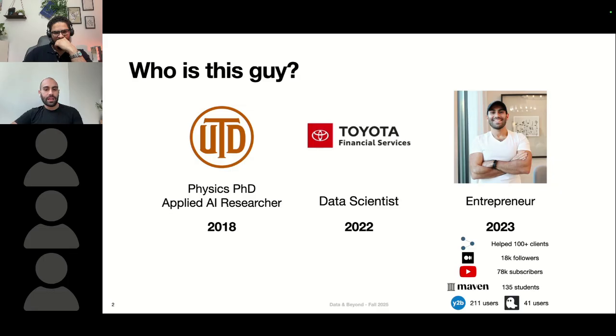For Y2B and Ghostwriter, I built both of these products in 30 days, built and launched them, and learned a lot in the whole process. I would give that advice to anyone interested in building a SaaS or AI products, especially as a solo founder: have a bias toward action and building. Don't just sit around waiting for the perfect idea. You're not going to find clarity sitting around trying to ponder and think about it. You're going to find clarity through action and doing it. I couldn't recommend that enough.